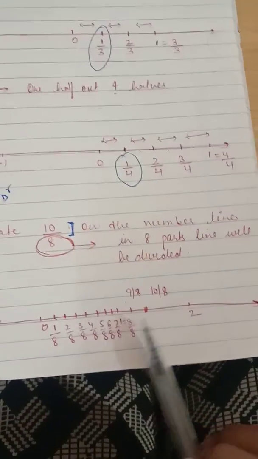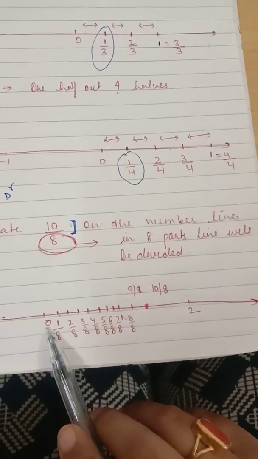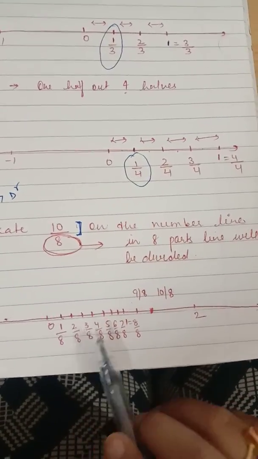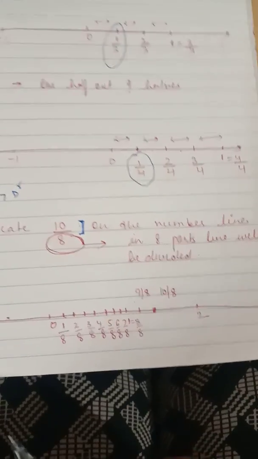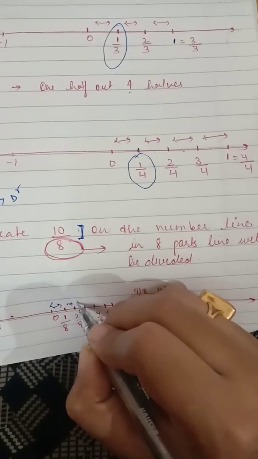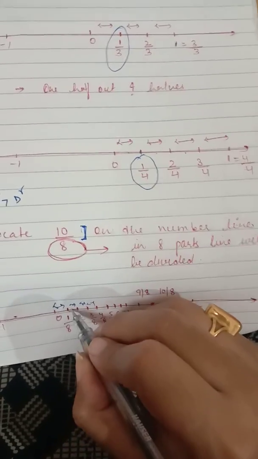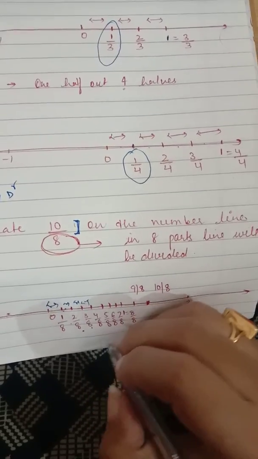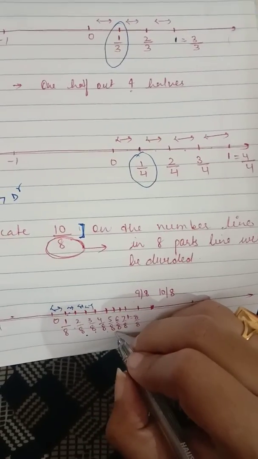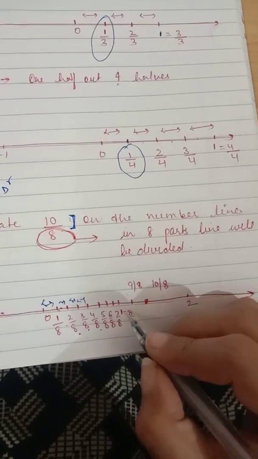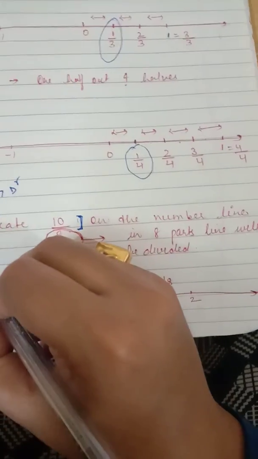So I again draw my number line. So between 0 to 1, I divide my line into 8 parts. तो जब मैंने अपनी line को 8 parts में divide किया, so what I will get? Here I am getting 1 by 8, then 2 by 8, then 3 by 8, then 4 by 8, 5 by 8, 6 by 8, 7 by 8, और can you say that 8 by 8, इधर लिख रही हूँ